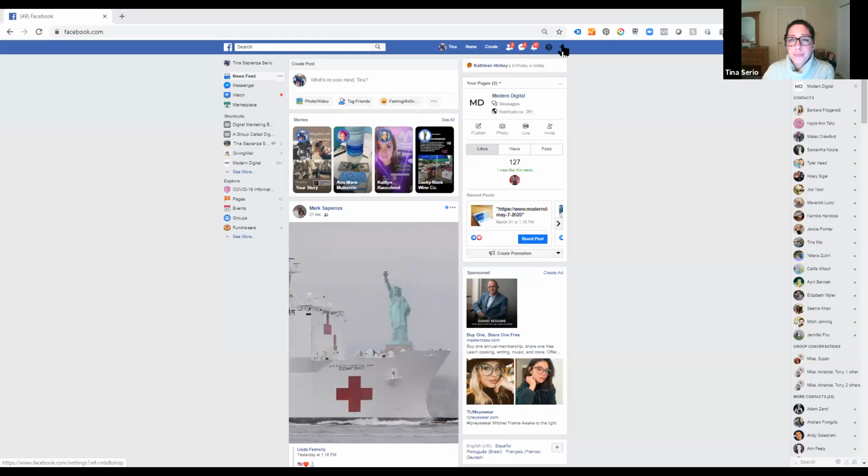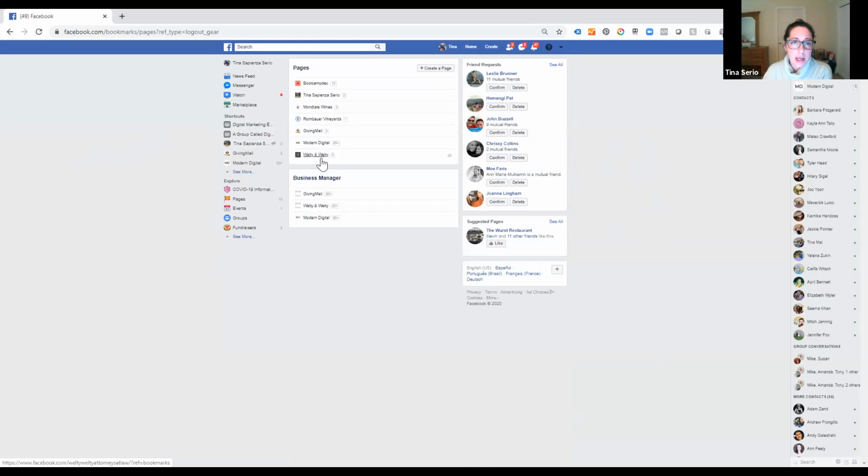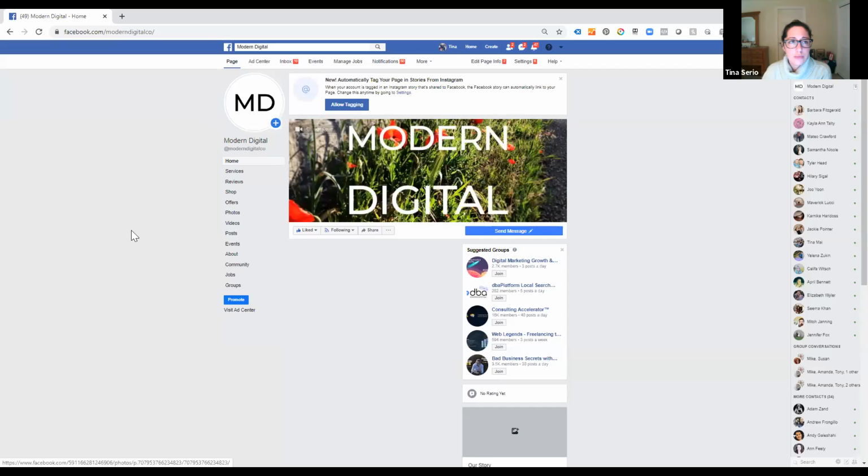Okay, let me share. Okay, so if you're on Facebook, everyone can see my Facebook screen here. You're on the desktop. Cool. All right, so over here on the left-hand side, you can see this little drop down where you can see the different pages. You might also see your pages already over here on the left-hand side if you've already clicked on it. So I'm gonna go ahead and click on see more. So now I can see all the pages that I manage. I'm gonna click on modern digital.